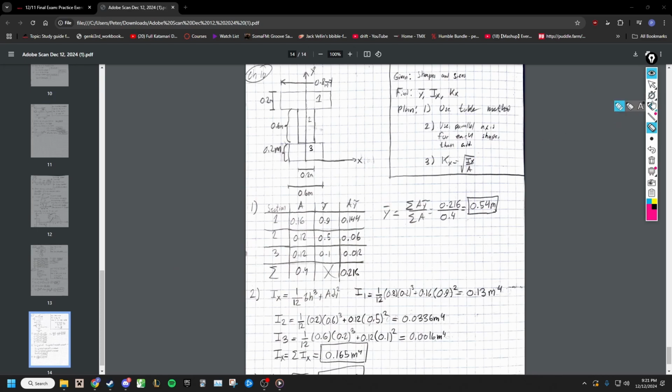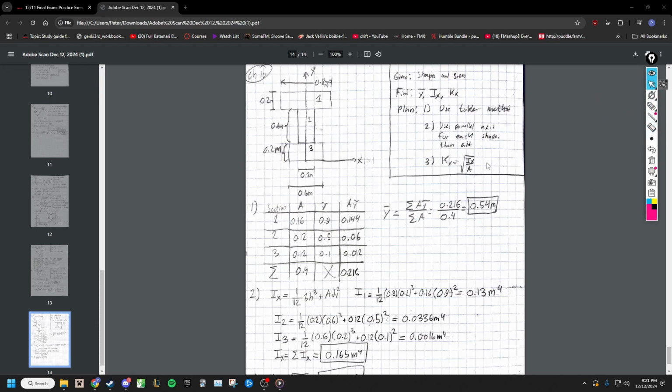So for this last question, we're finding y bar, Ix, and kx. Y bar and kx are pretty straightforward. Kx is just plugging in this formula, and kx is the radius of gyration. And the y bar is pretty simple. We're just taking the area of each shape and adding that together. And we're finding the y tilde of each shape, multiplying it by the area of that. And then we sum the area times the y tilde and divide that by the sum of the areas to find the y bar. Same thing we did before. We find that y bar equals